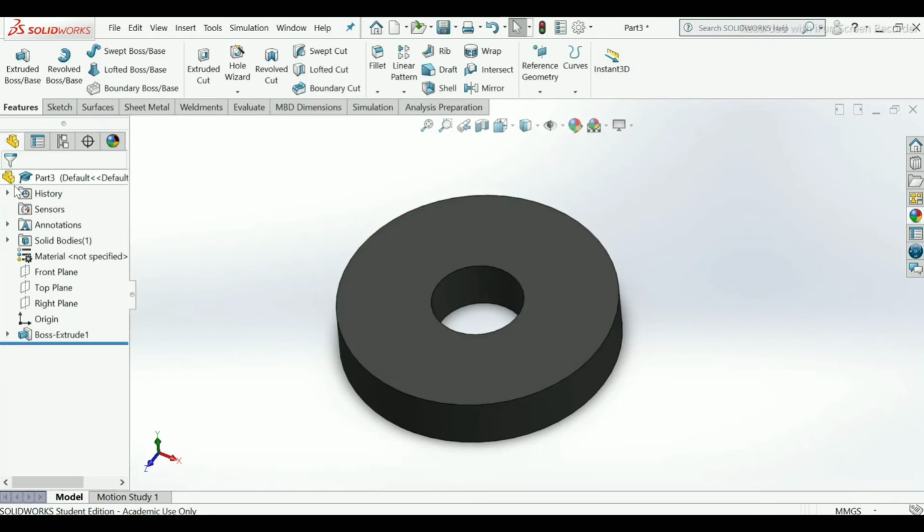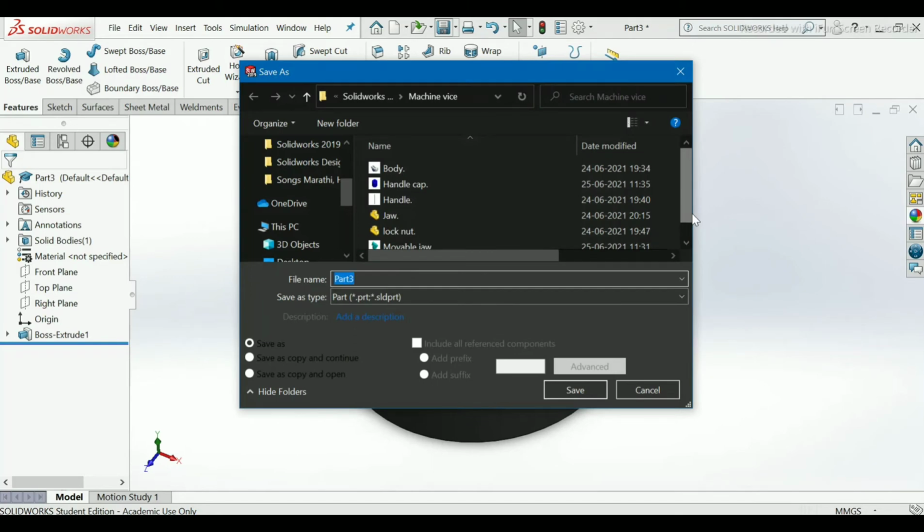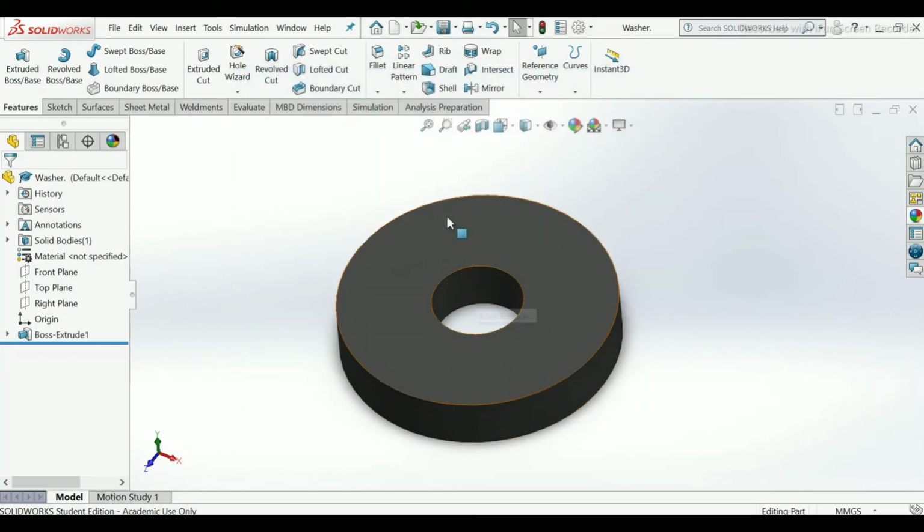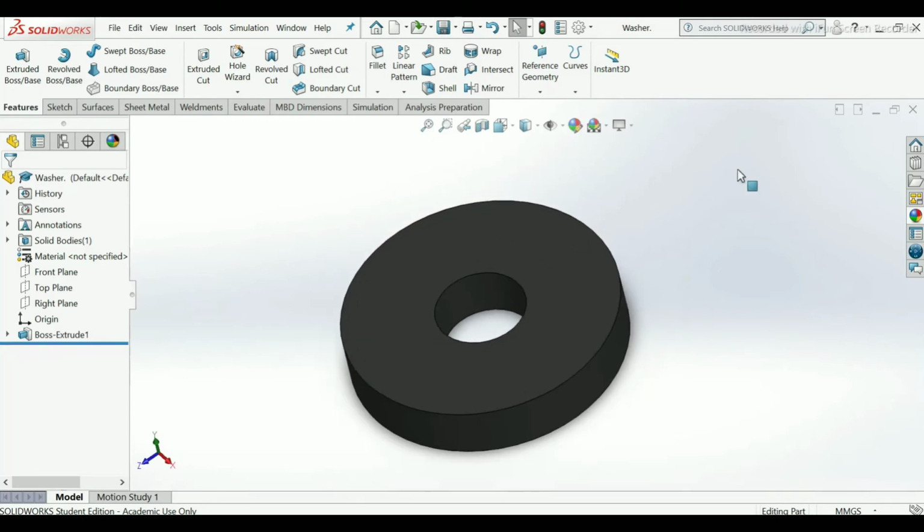Click OK. Now save as. Close the component.